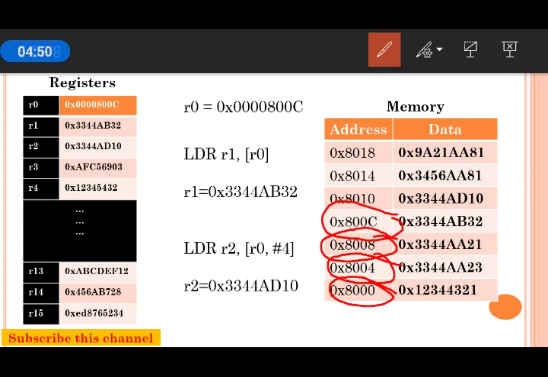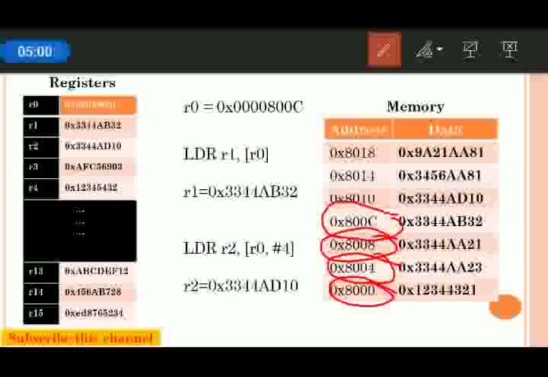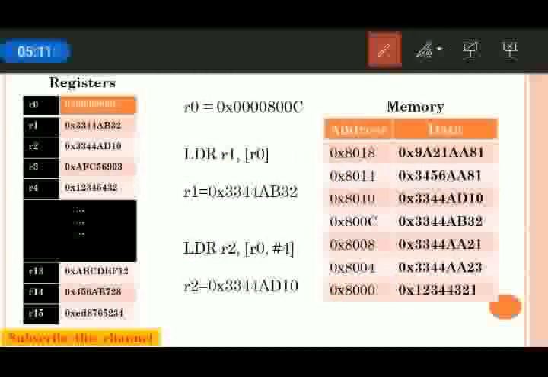This is because the LDR instruction by default transfers 32-bit data from memory into the register, so the increment in the address is 4 bytes. In this memory map, in the first column we have the address of the memory, and in the second column we have the data.